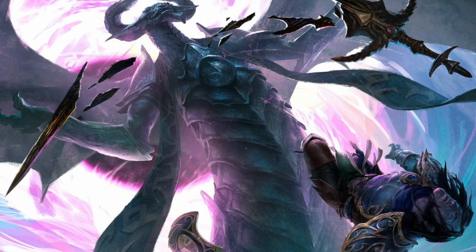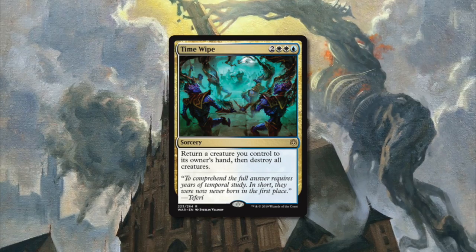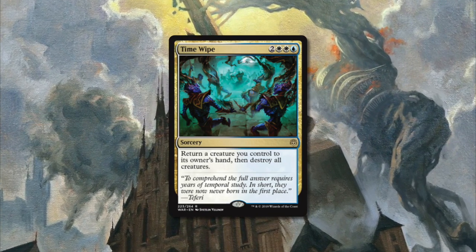All right, so we have Time Wipe, 2 white, black, sorcery. Return a creature you control to its owner's hand, then destroy all creatures. So,